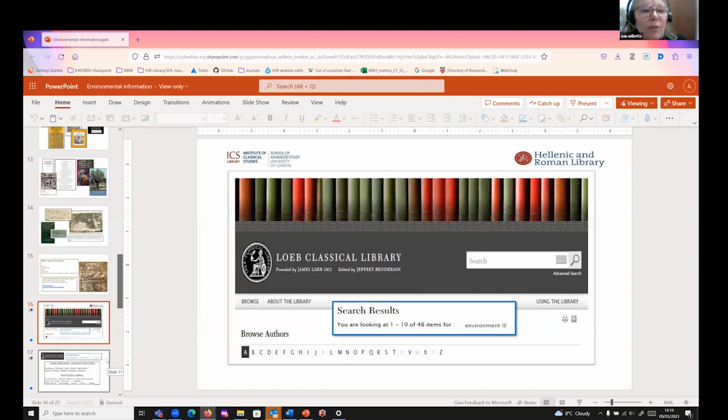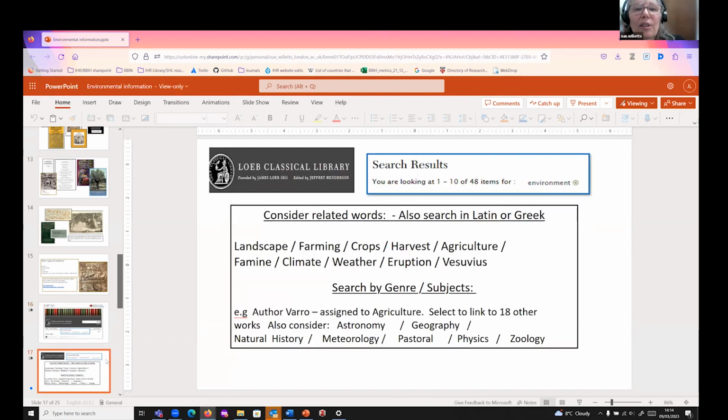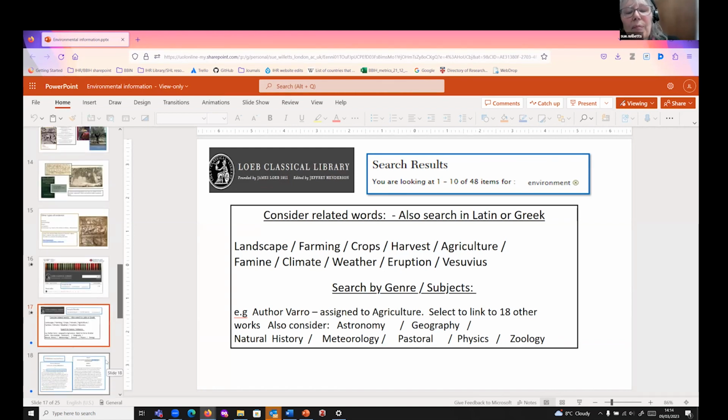If you're going to go on, so browsing or searching, there are 2 different ways to approach this. If you can go to the next slide, what I've done there is I've suggested that rather than using environment as a word, you use all these other words: landscape, farming, crops, climate, because this is in translation. And you will need to think of all the different words. I mean, even for cattle, you're going to use cattle and cows and calf. They're three different words. But what's very helpful with this series is that each author is attached to a group,